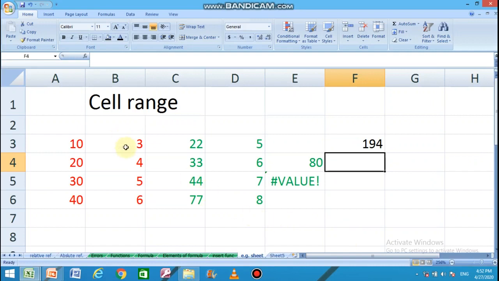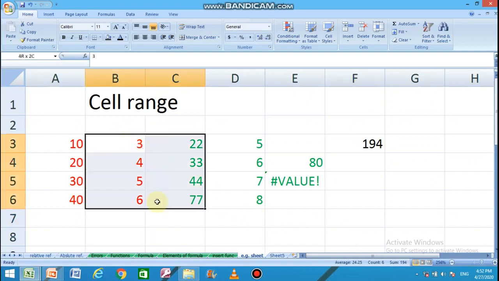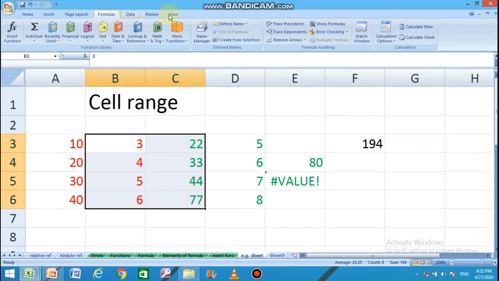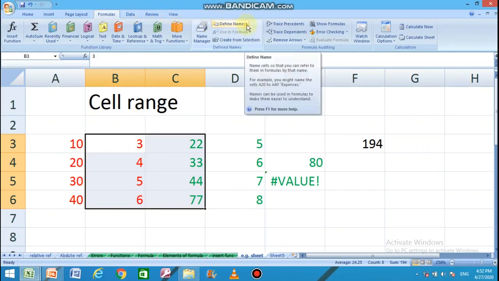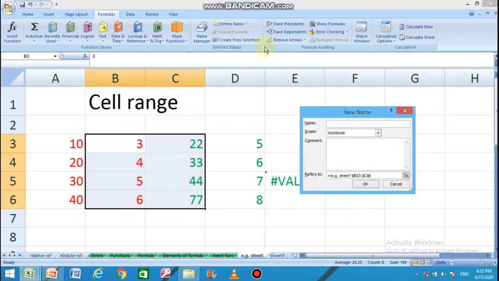You can also give a name to the range. For example, if you want to give a name to this range, you can select the range, go to the formulas, select the command define name, and then give a name to the selected range. Suppose marks.